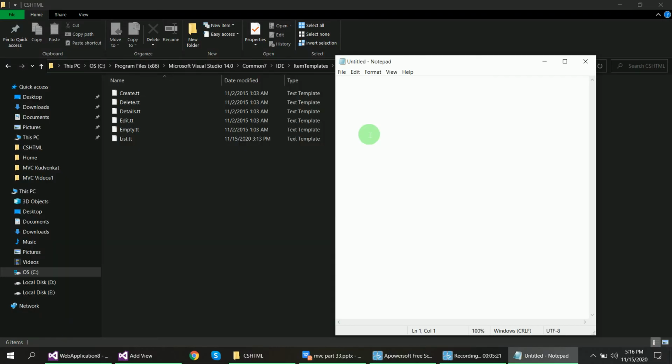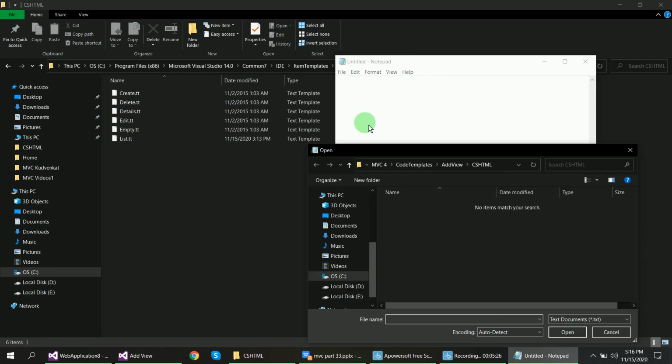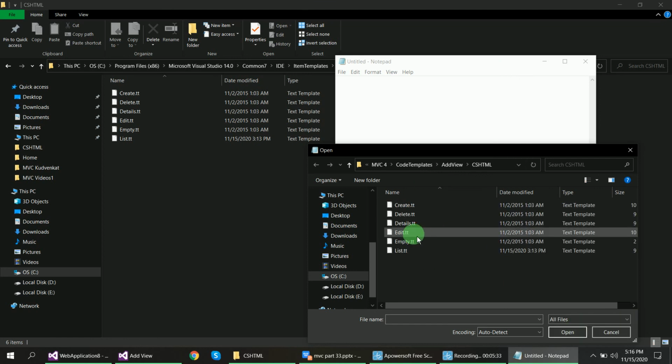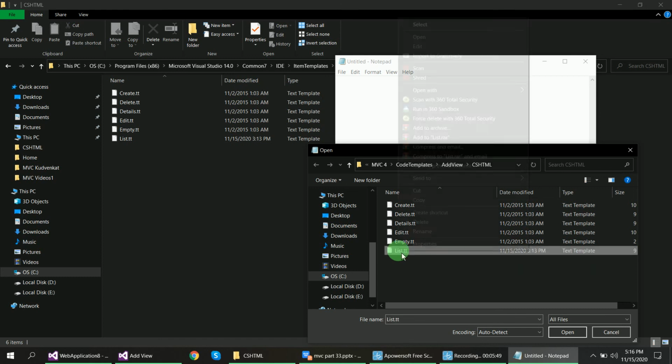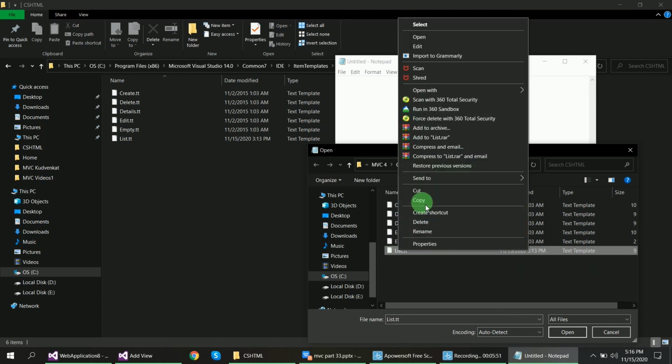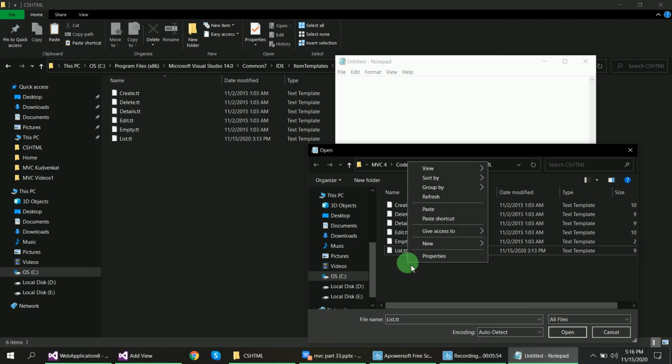Now open this CSHTML file. Inside this file are these T4 template entries. If you want to add another template, what will you do? You will add one using this. Now I copy this from here and paste it here.